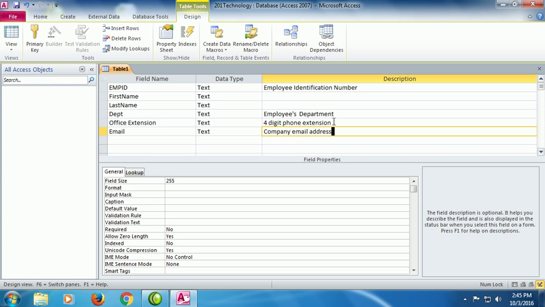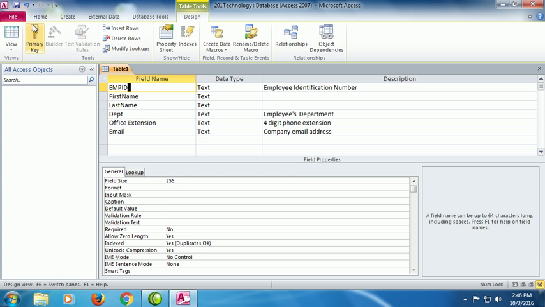So I've put in the different fields behind the scenes here. I've chosen data types for them. It's a requirement for each record in your table to have some sort of unique identifier that prevents us from accidentally entering the same record twice with disagreeing information. So to preserve data integrity, in other words, I need to designate one of these fields as a primary key. And the only one that will serve is the employee ID number, which we're going to say is unique to each employee. So I'm going to designate employee ID as the primary key, and then I'm going to switch from Design View,